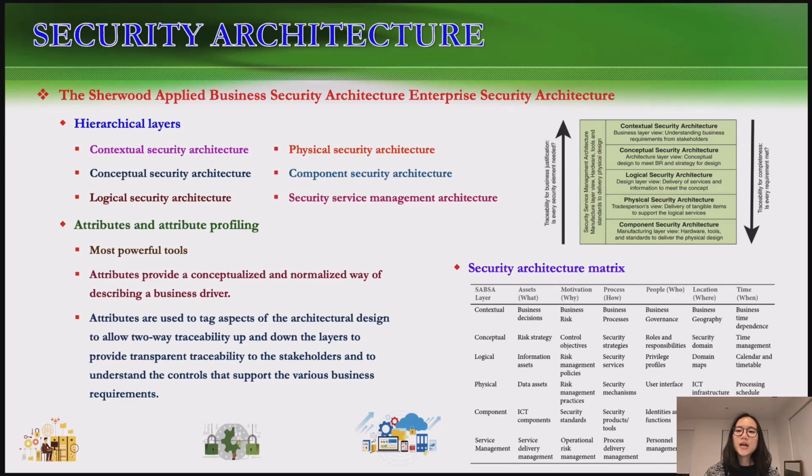An important guide to the use of the model is the security architecture matrix that is shown in the figure on the slide. Each row corresponds to one of the 6-layer architecture. The six columns define the key questions that need to be addressed at each level: what, why, how, who, where, and when. If an organization addresses the issues raised by each and every one of these cells, then it has covered the entire range of questions to be answered,